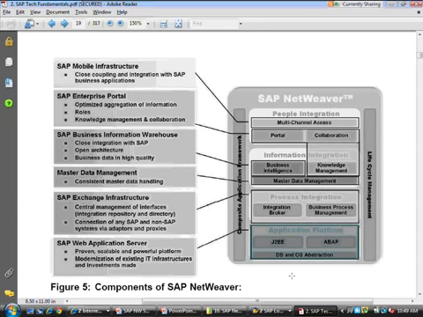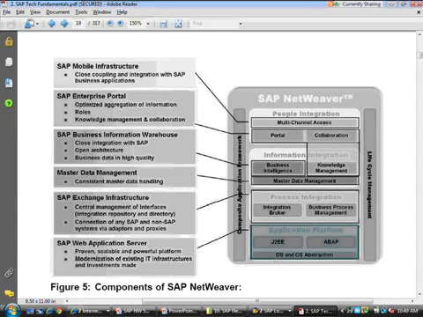In terms of operating systems, obviously it can run on Windows, and on multiple flavors of Unix, whether it's AIX, HP Unix, or Solaris. It can run on multiple flavors of Linux, whether it's Red Hat Enterprise Linux RHEL, or SUSE Linux.